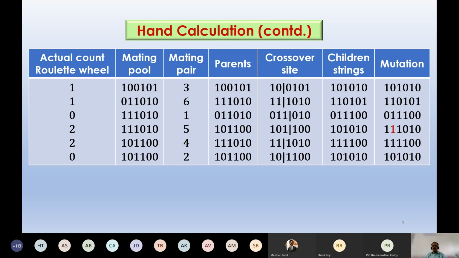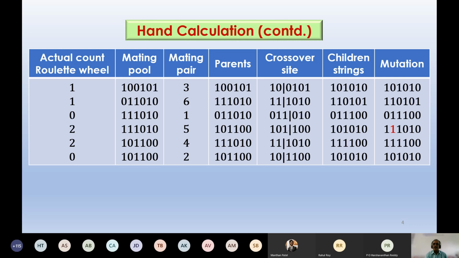the bitwise mutation operator. Now you listen to me. The probability of mutation has been assumed to be equal to 0.03, and there are 36 bits. Like 6 bits in each GA string, there are 6 such GA strings. Total 36, that is the number of bits. So 36 multiplied by 0.03, that is 1.08. That means out of these 36 bits, there is a possibility that mutation will come only for 1 bit probabilistically.